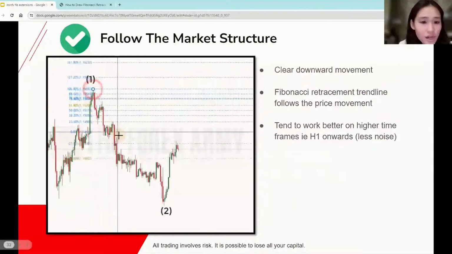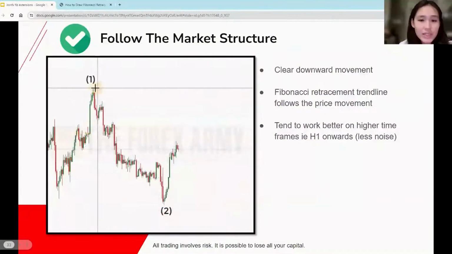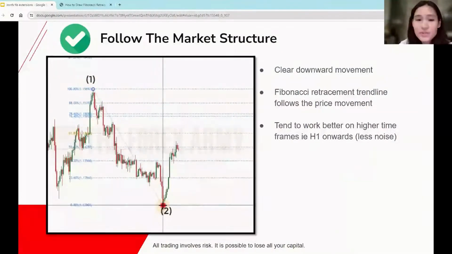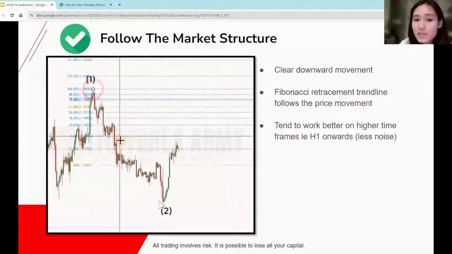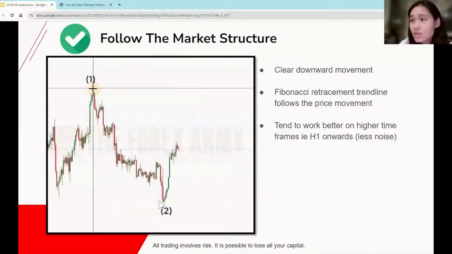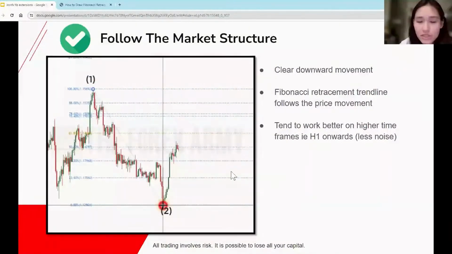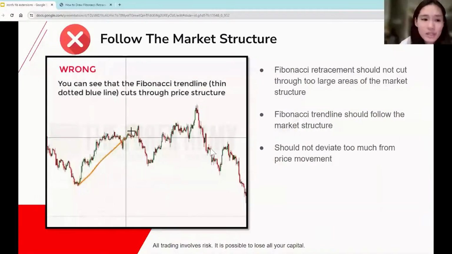Okay, and following the market structure. So we want to pick market structures with a clear upward or downward movement, so your Fibonacci retracement trend line can follow that movement. And this works better on higher time frames due to there being less noise. So by higher time frames, we mean H1 onwards. So H1, H4, daily, weekly, depending on your